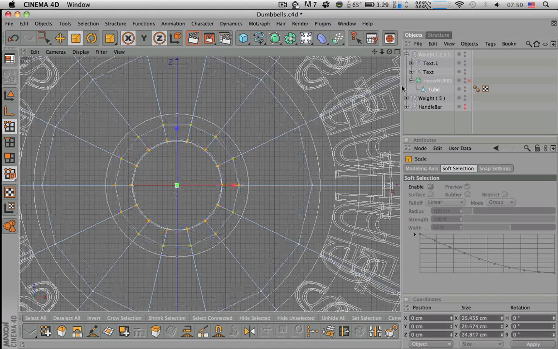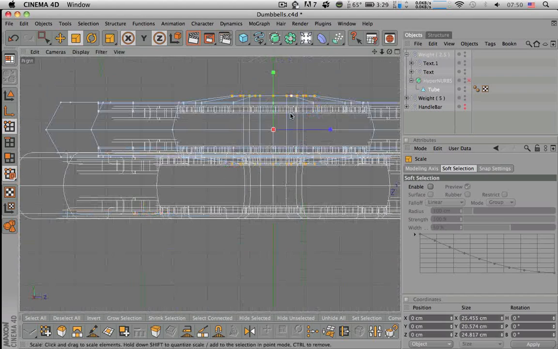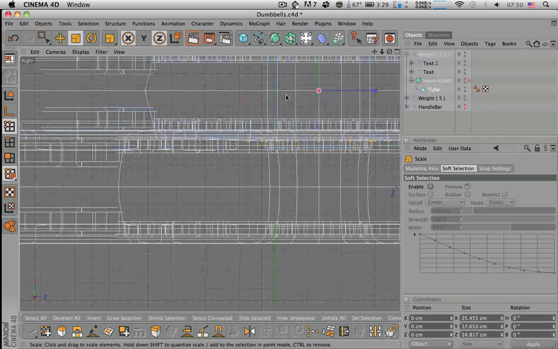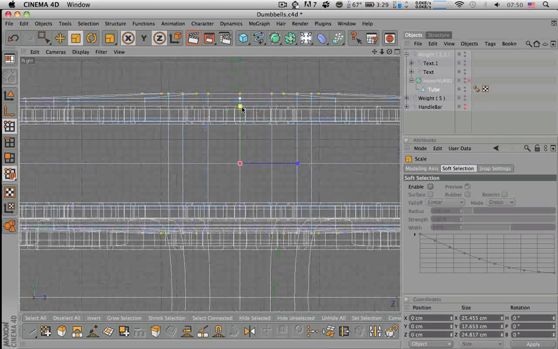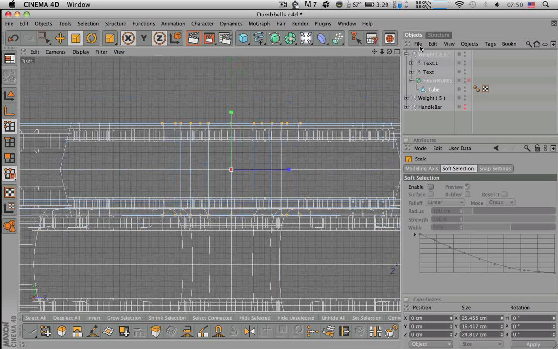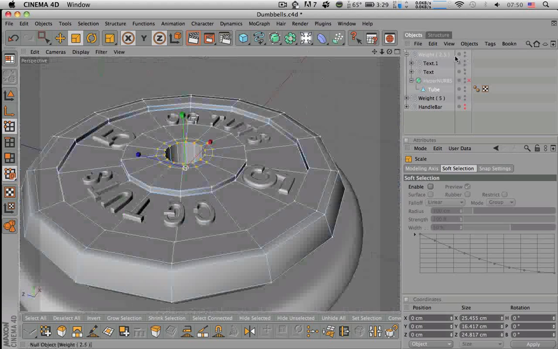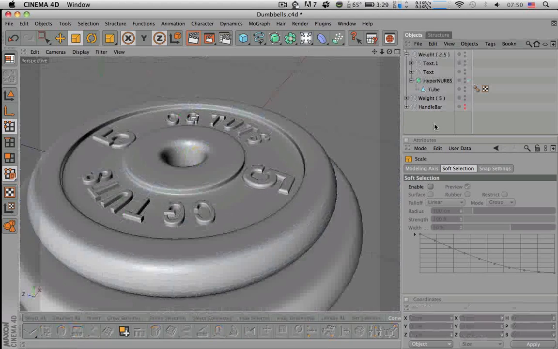And we have to go to the side view and scale things vertically so we keep the same height, and we just check things out. So